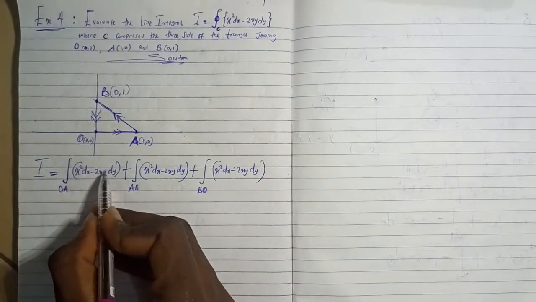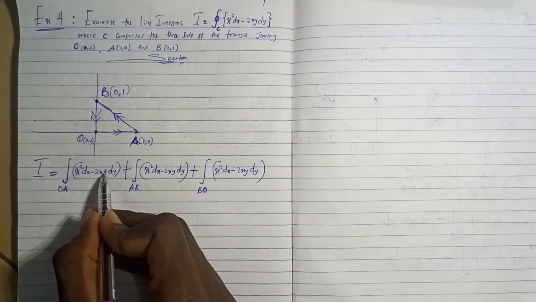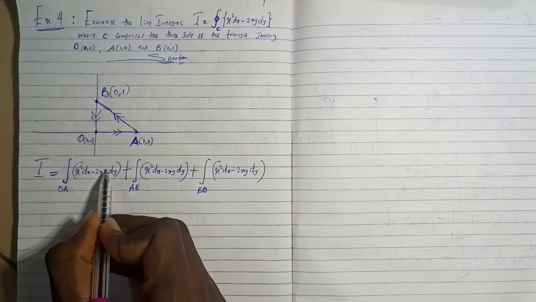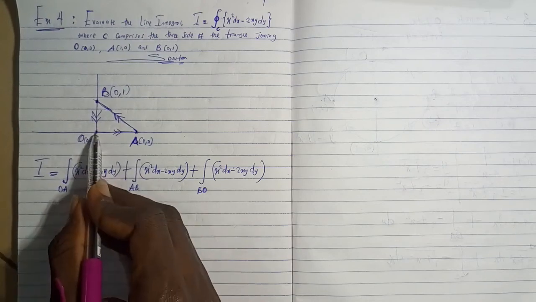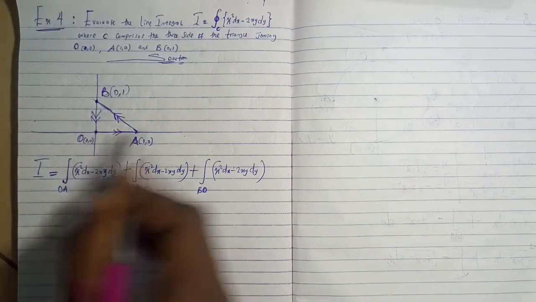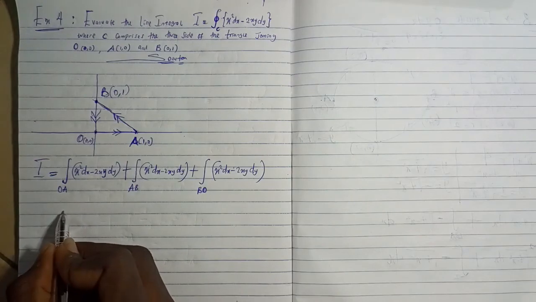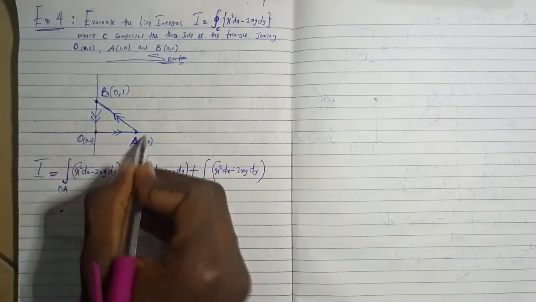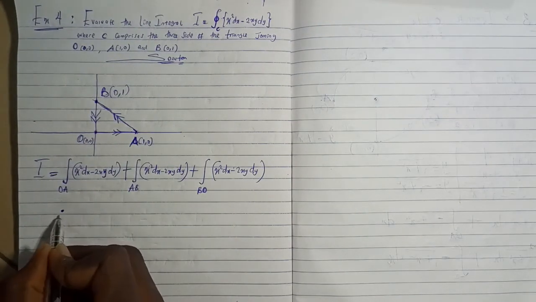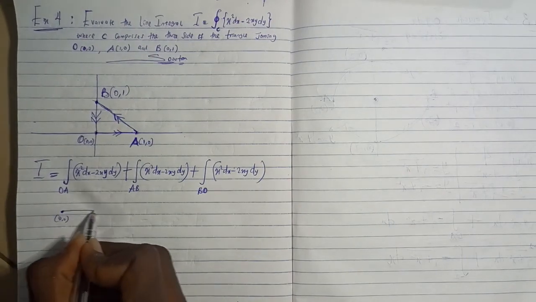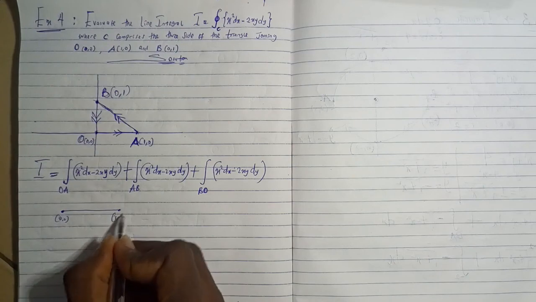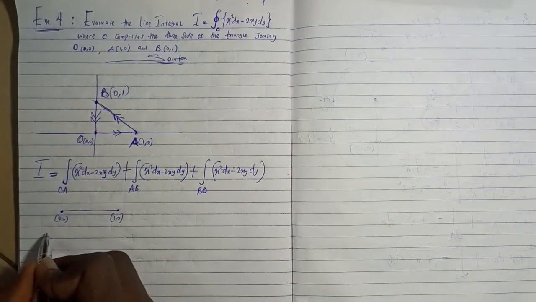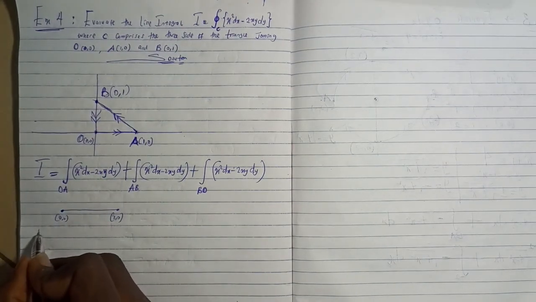Now in this case, I need y. We used to substitute a value for y. So how will you get y, the equation of this line? Y implies the equation of this line from here to here. If you have line OA, this line here from point 0, comma 0 along to point A, and A is what? A is 1, comma 0. So what's the equation of this line? You can just use the equation of a line, y minus y1